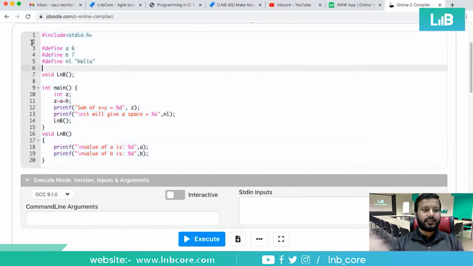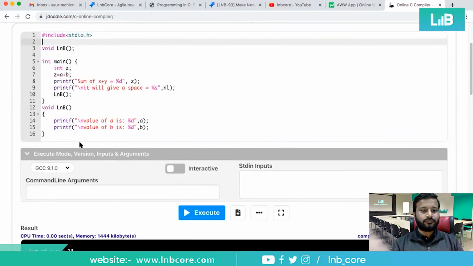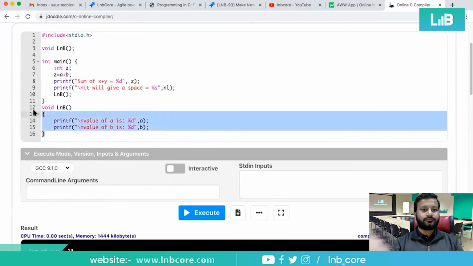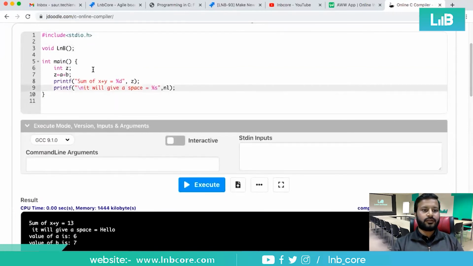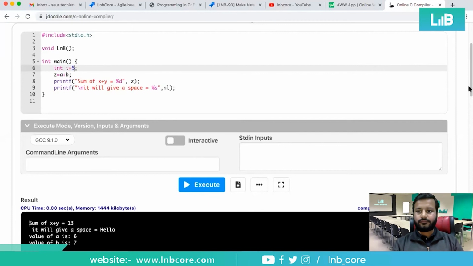We can change it back, remove this, there is no need. Suppose let's define I, right, I is equal to 5. Let us change it, and this is constant type.